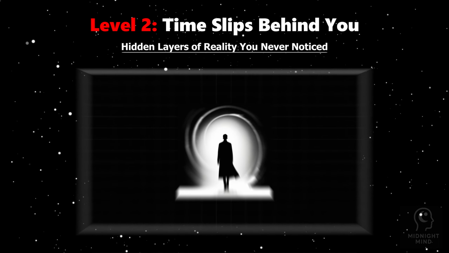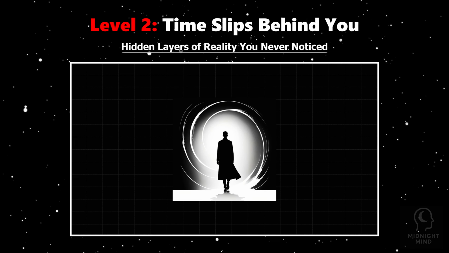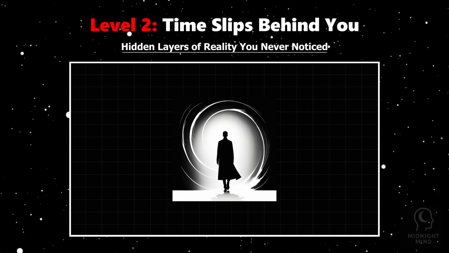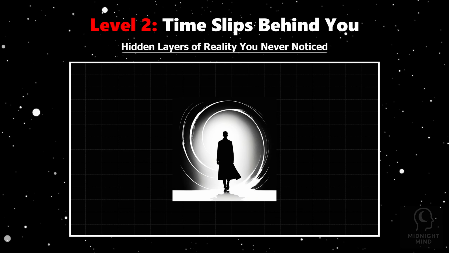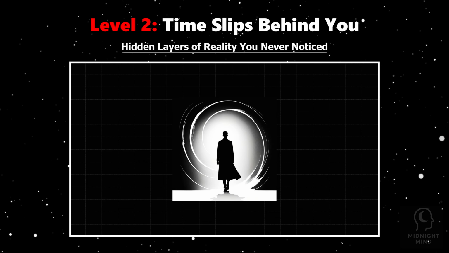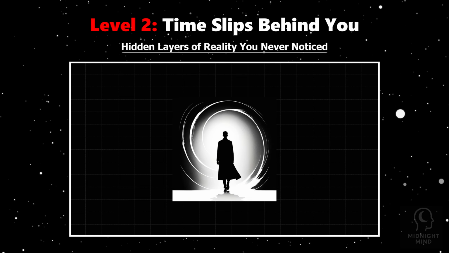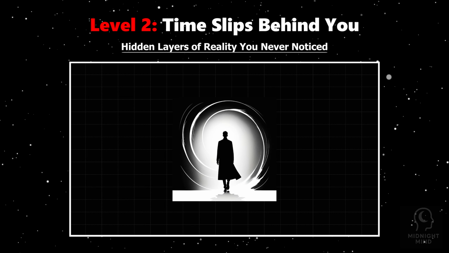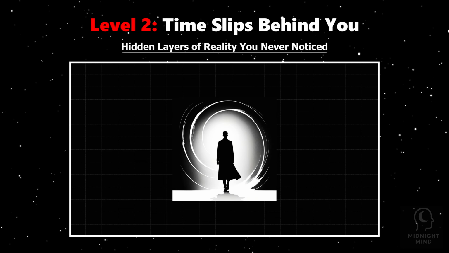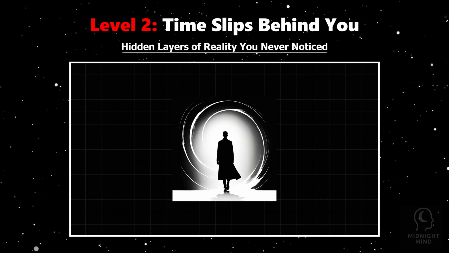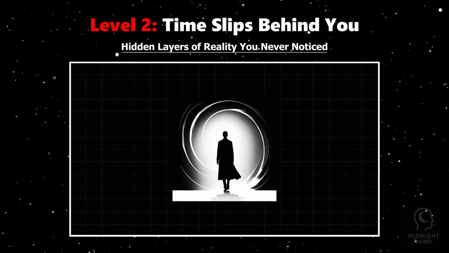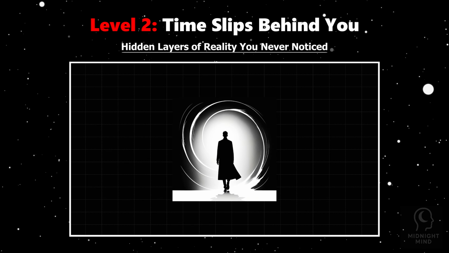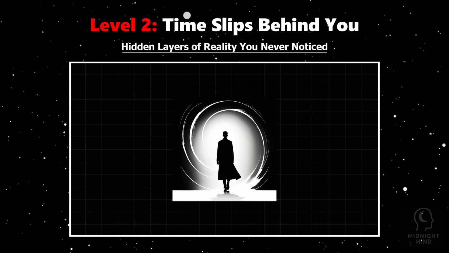Imagine that time is not a river you move through, but something more like a skin shedding off your back, each moment slipping silently behind you, layering like forgotten possibilities stacked in the dark. This isn't mere metaphor. Physics tells us that time's flow is complex and layered. According to relativity, time is relative to your movement and gravity. You don't traverse time in a straight line.